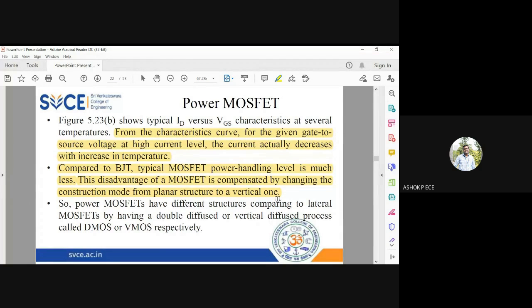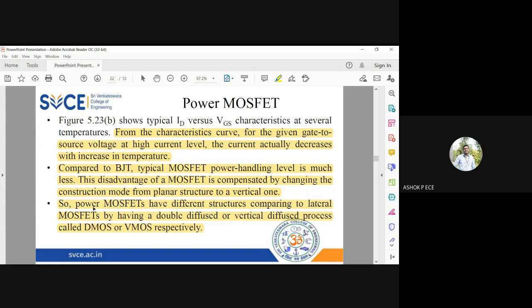See, usually MOSFET is grown in a planar way. Planar means everything is grown side by side. But if you change that to a vertical structure where you grow the layers vertically one above the other, the performance parameters of MOSFET can be improved to a larger extent. So power MOSFETs have different structures compared to the conventional MOSFETs. By having a double diffused layer or a vertically diffused process, such MOSFETs are called VMOS and